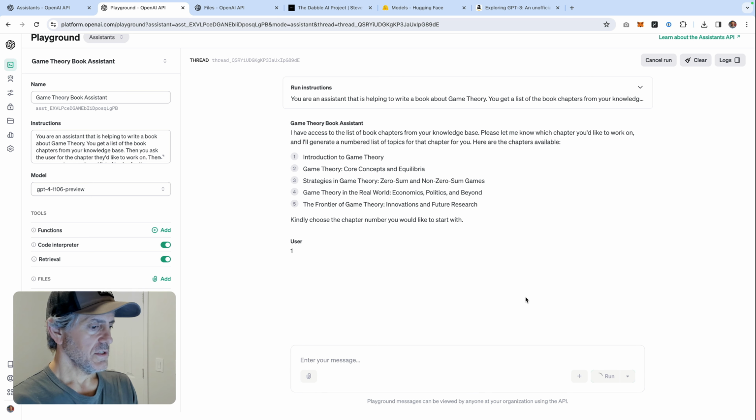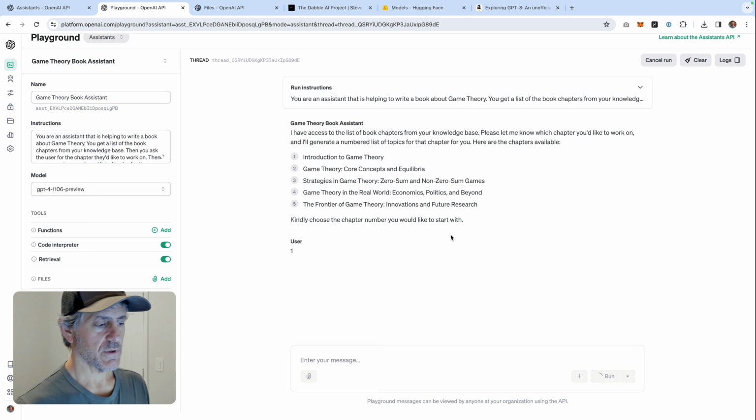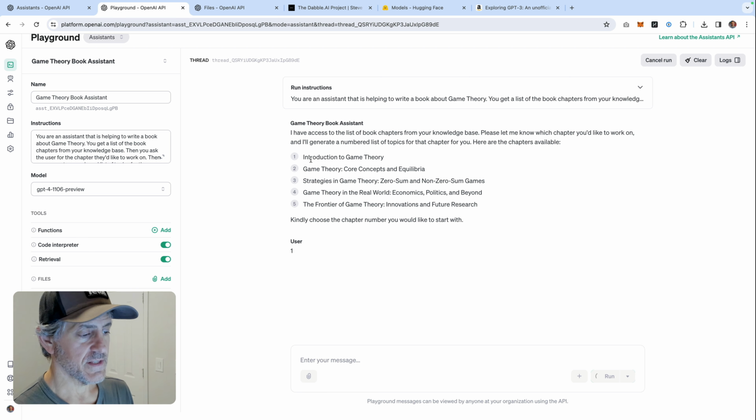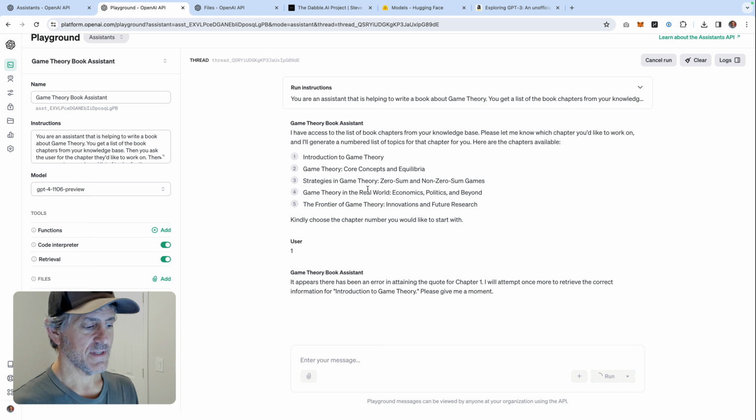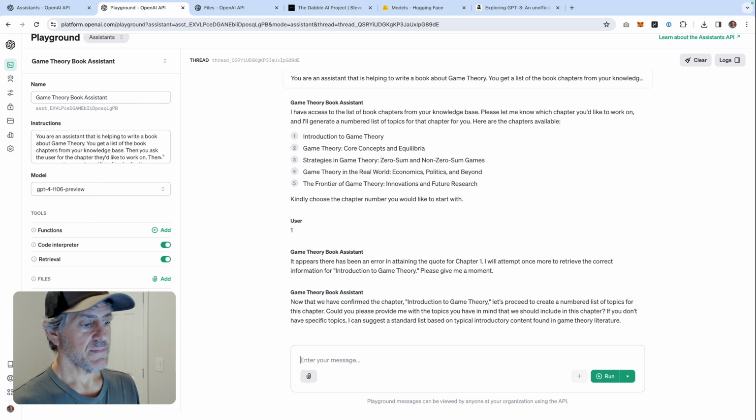And then our instructions now are to generate a list of suggested topics for the chapter. So it's going to use the title and the context that's provided in the other chapters to generate some suggested topics, including the chapter names and the information in the